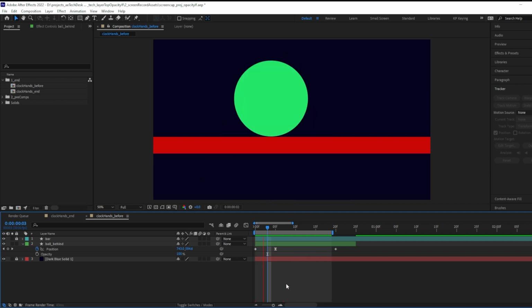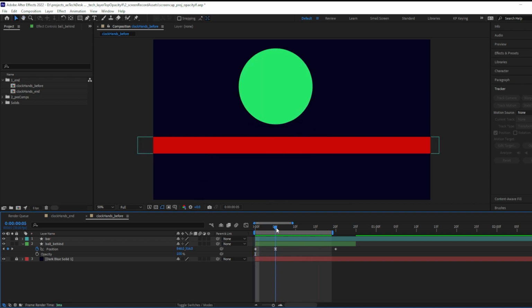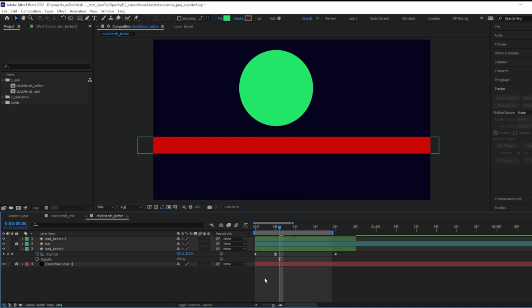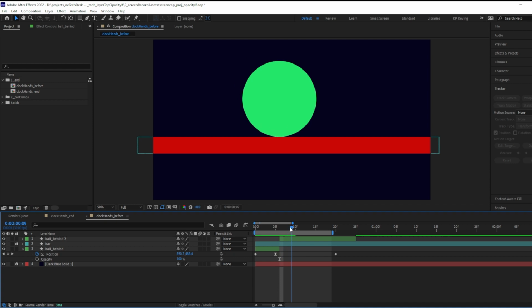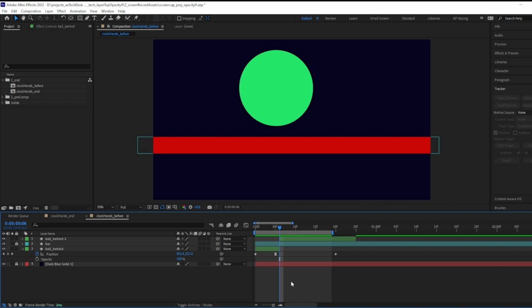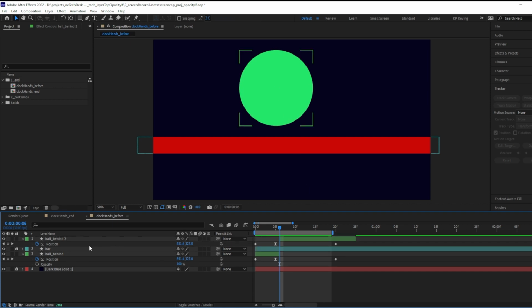So in this case, if we wanted this ball to go over this red bar, we would need to duplicate this layer, put it on top, change the in point of the top one, change the out point of the bottom one, and then we get it to go over the bar like we want. And that's okay. And you might even use parenting instead of duplicating the keyframes to make it easier. So parenting at that,